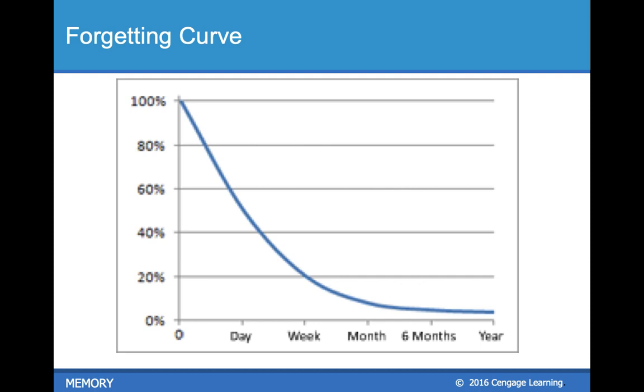But if you go to a week, you're at 20%. But if you go past 6 months, whatever memory you do hold on to for that event is likely to stay with you for the rest of your life. So imagine I find you in 6 months or a year from now, and I ask you, what do you remember from psychology? Whatever you do remember at that point is likely going to be there for the rest of